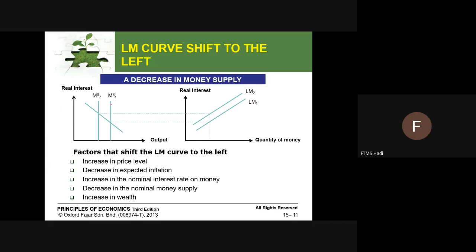Okay, let's have a look at what happens if money supply shifts to the left. Money supply shifts to the left from MS1 to MS2 because the central bank issues very little money, very little paper. They don't produce much money paper, especially M1. The circulation of M1 is quite low. So from the original interest rate, IR1 and IR2, if money supply shifts to the left, interest rate will increase.